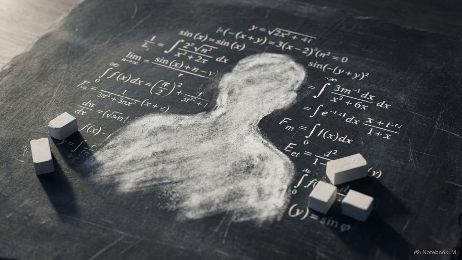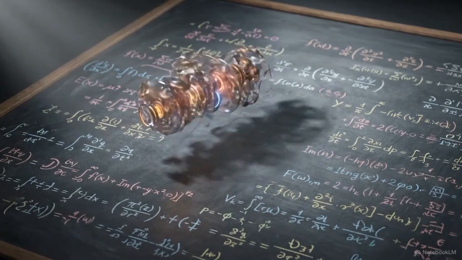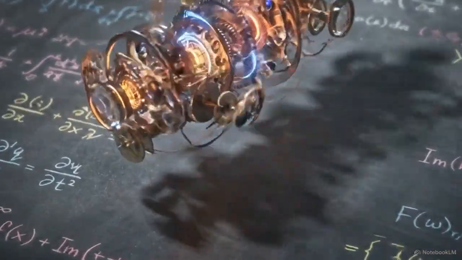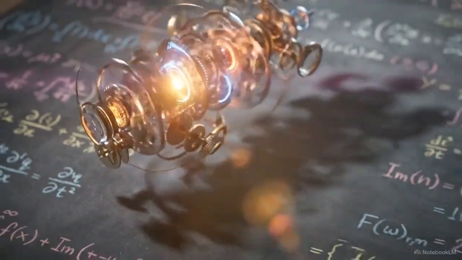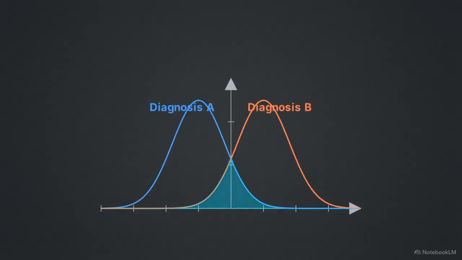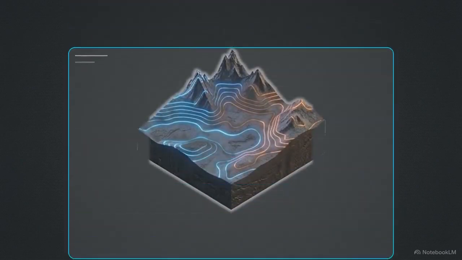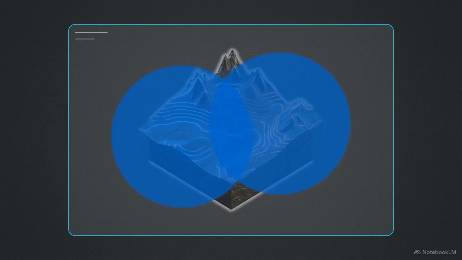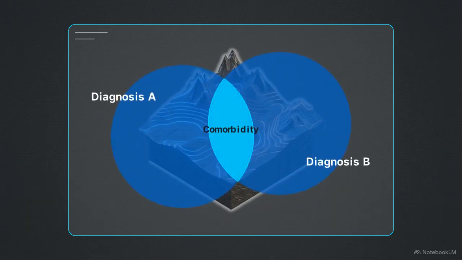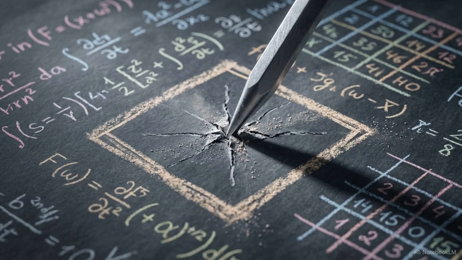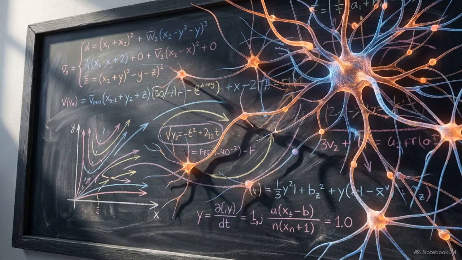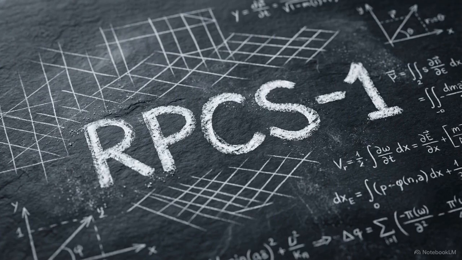Observable behavior is a low-resolution shadow. It provides a data point on what is happening, but it lacks the resolution to model the underlying architecture generating the response. Reported diagnostic overlap reflects these shared behavioral regions within a continuous space. Comorbidity is the expected mathematical outcome of projecting a complex manifold onto a flat set of labels. As long as clinical psychiatry classifies at the level of behavioral projection, it will struggle to map the true generative architecture of human cognition. The Receiver Parameter Classification System, or RPCS1, offers an alternative framework for this assessment.